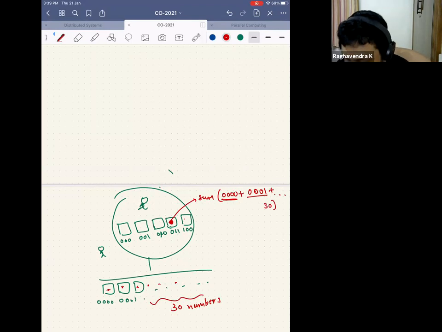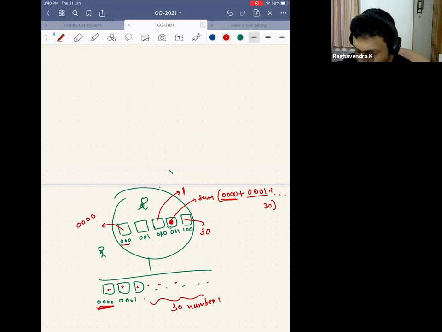And what is the initial condition I have? I know that this 0,0,0 has a value called 0,0,0, which means that I have a base address, whatever is the base address here. That is what I have here. And somehow magically, this guy has a value called 1, and he'll just store 1 always. And the guy has a number called 30, which means that somebody has loaded 30 into that particular box.